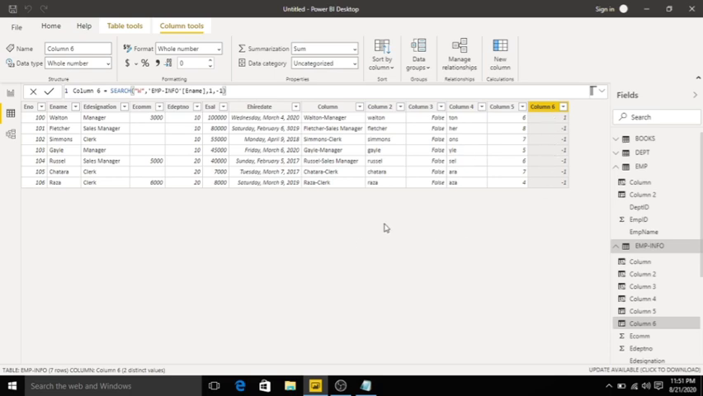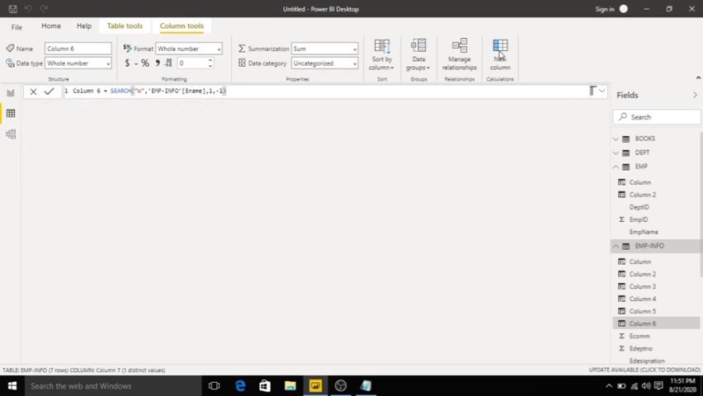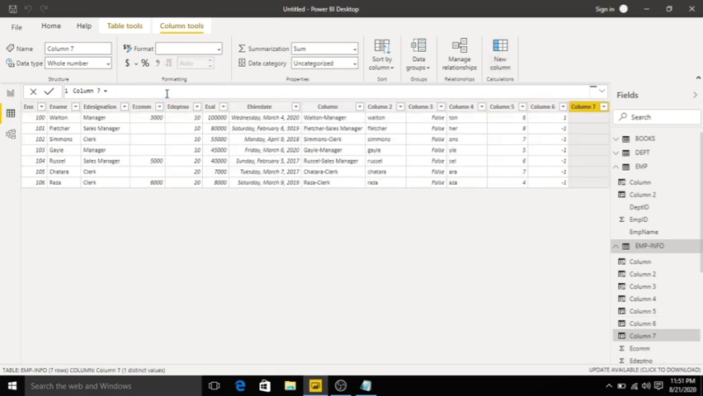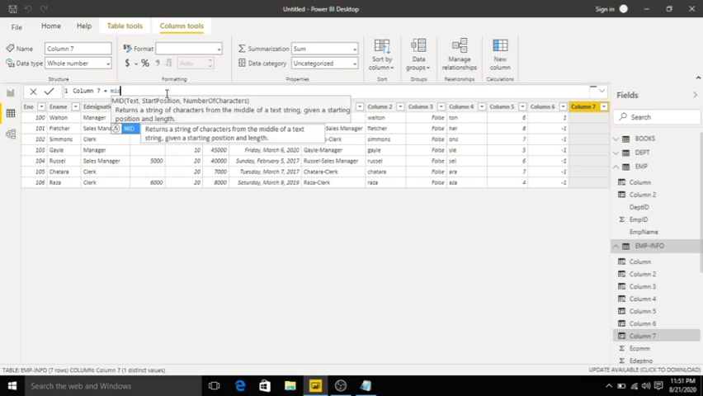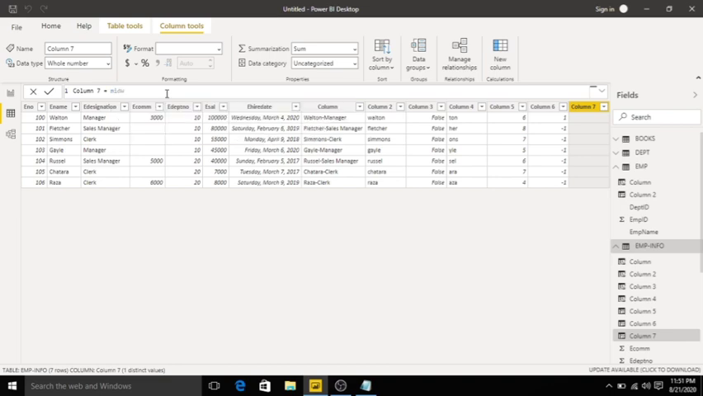We have another function called mid. Mid returns a string of characters from the middle of the text string. I will create a new column. Click new column. Mid of text, starting position, like I will take W,